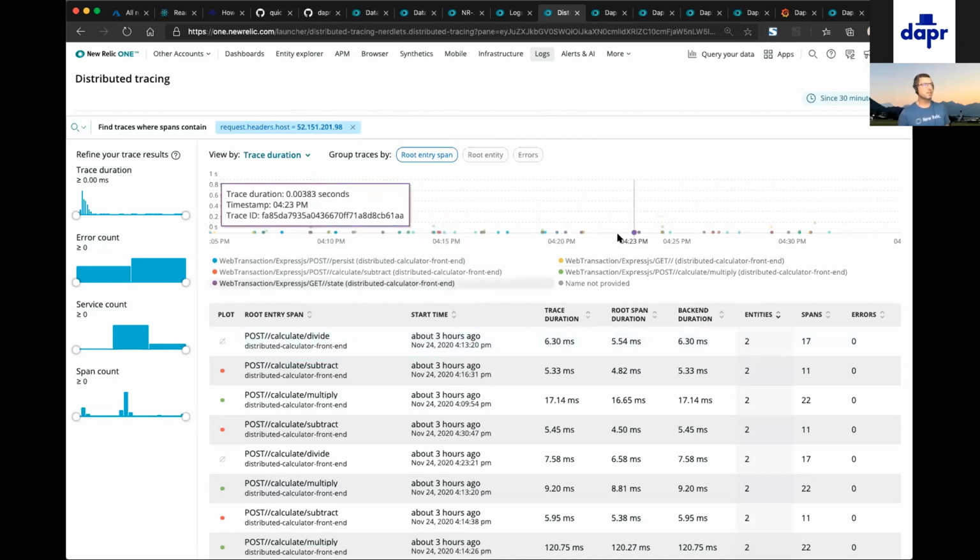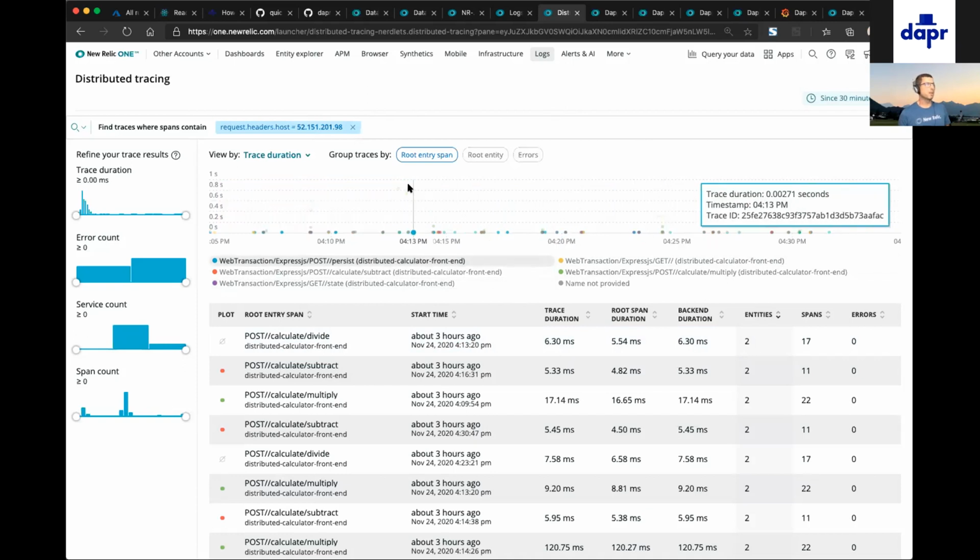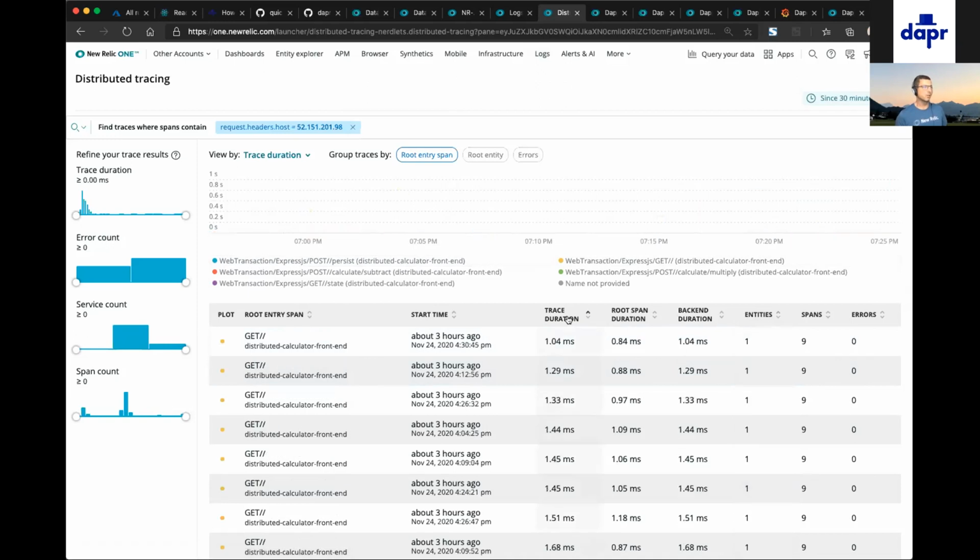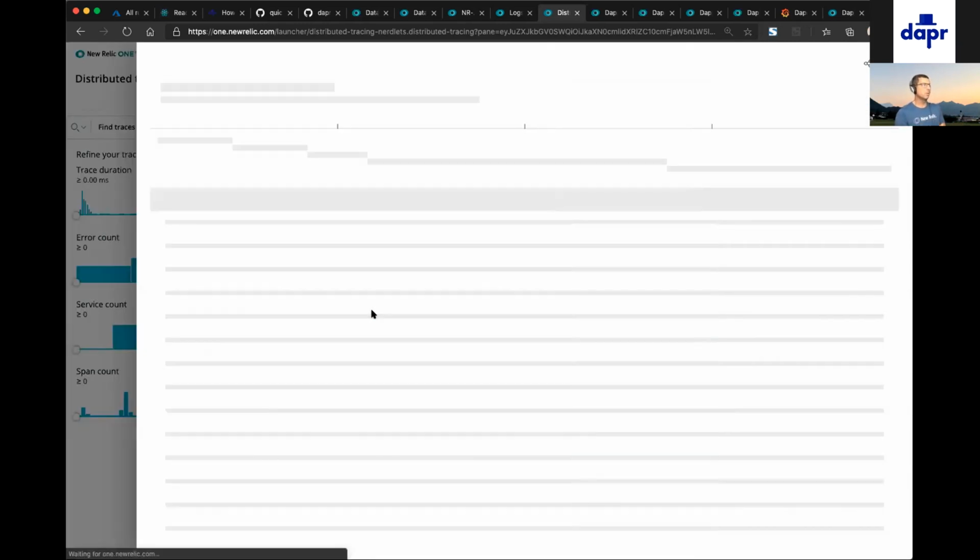Again, I can see in the scatter chart all the different traces. You can maybe see and focus on some outliers. This is all, with that tiny change that I put in place into the application, visible out of the box. I didn't need to do anything specifically. And then I can focus on, show me the slowest ones that happened in the last 30 minutes in this case. I can then jump into this specific